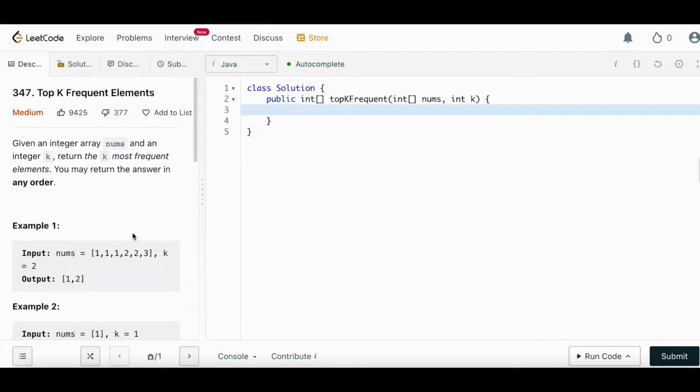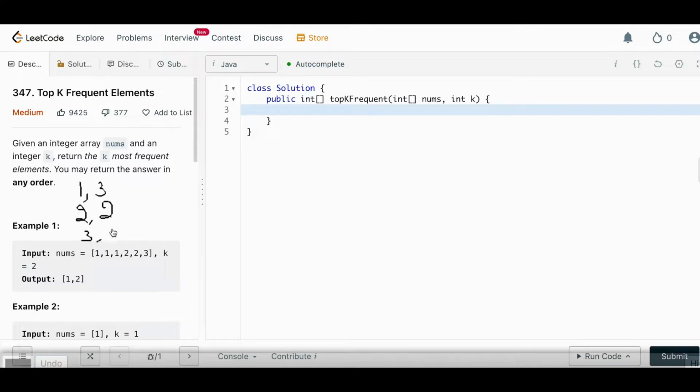In these kinds of problems where you have to store the frequency of elements, you need a map. So we'll create a map which will be basically integer to integer. The key will be the element and the value will be its frequency. So for example, in this case, the map's first entry will be 1 comma 3, which is basically telling us that 1 is the actual value, and it comes 3 times. Second will be 2 comma 2 because 2 comes 2 times, and third will be 3 comma 1 because 3 comes 1 time. So we'll create a map first.